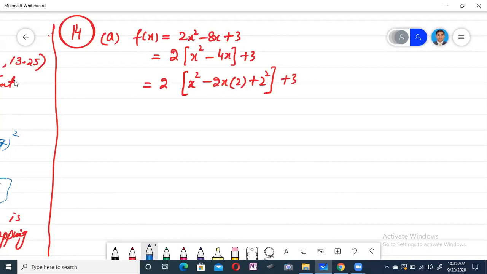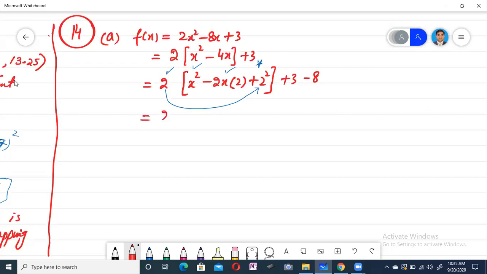Now here you can see this 2 as it is, x square as it is, 2 2s are 4x as it is. This is extra, 2 square is extra. Okay, then 2 square is 4, and with this 4, this 2 is also multiplying inside. Okay, it means 4 into this 2 will be 8. 8 is extra. 8 we are adding, then we have to subtract 8 also. Okay, then we have to subtract.